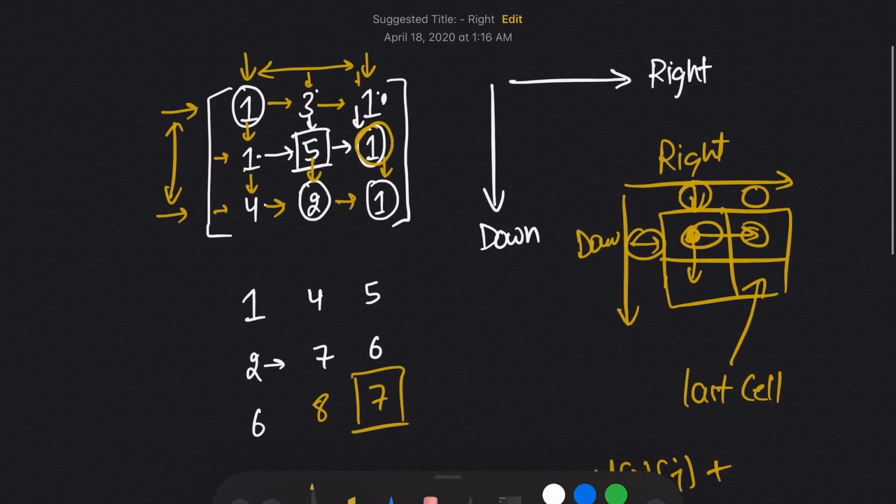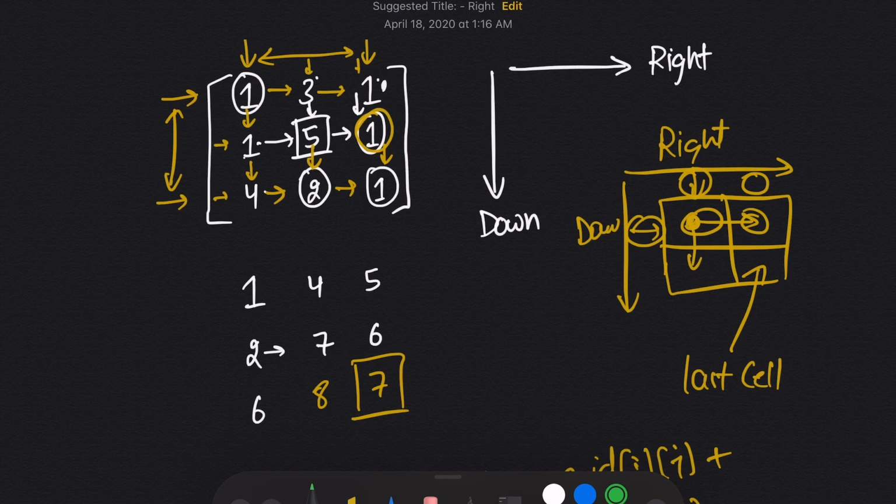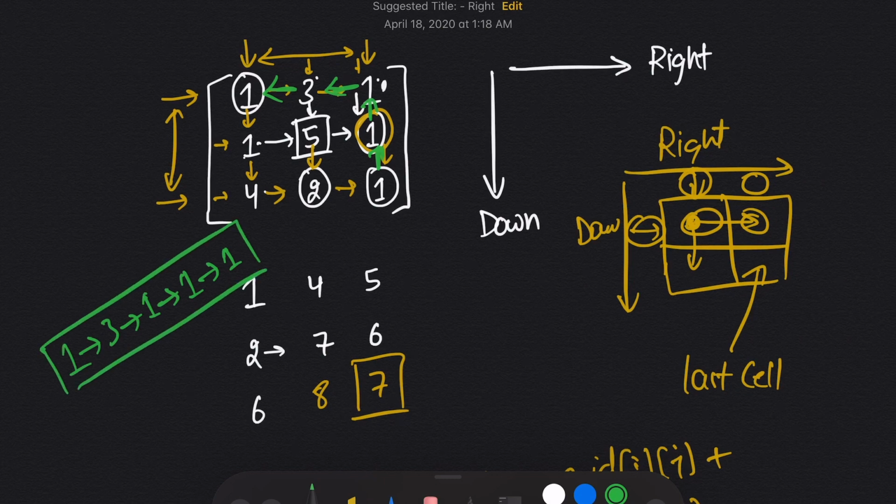So if you see the path, the path we are choosing here is from here. Again we are choosing the minimum value from the upper side, and then we are choosing from the left, so the path here is 1 3 1 1 and 1. So this is the path. Although we don't have to return the path, we just need to return the value in the last cell, this is the path. Let's move on to the coding part and let's see the code for this problem.